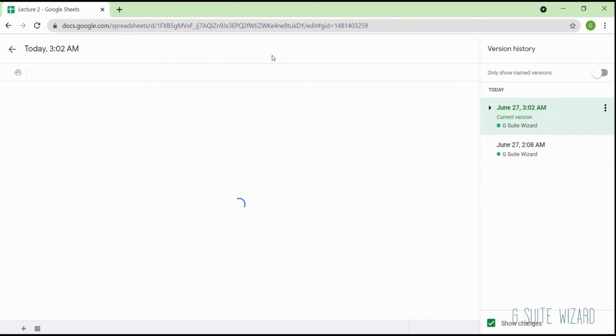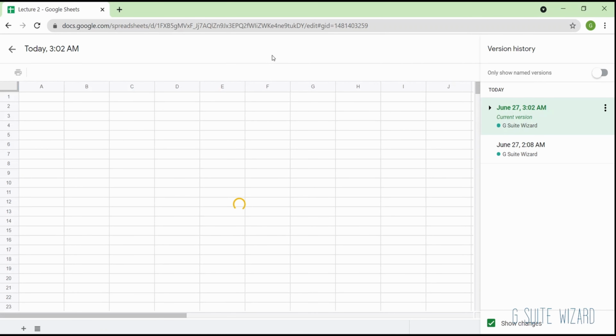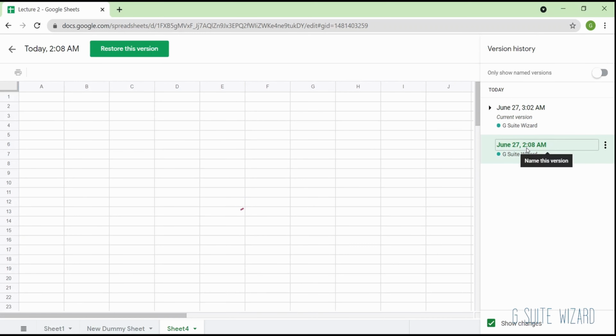Then you can also see there is an edit version. Whenever you do an edit, that gets documented, but it does not show you all the edited versions. So it will only show you probably every 2 hours or 3 hours or 1 hour, depending on the usage of the sheet. And you can go to a previous version that is there and you can restore to that version. Let's say I restored to this version and I cannot see any data or any edits that were put in after 2:08 a.m., right? So that is how this works.